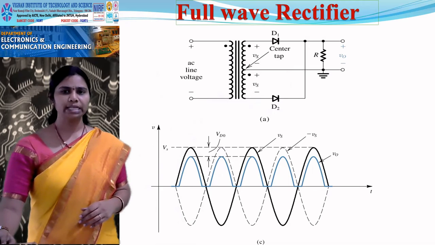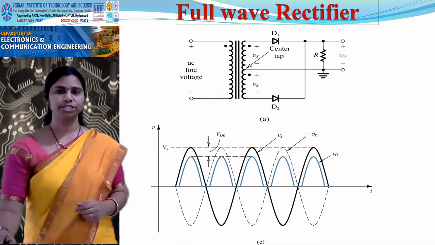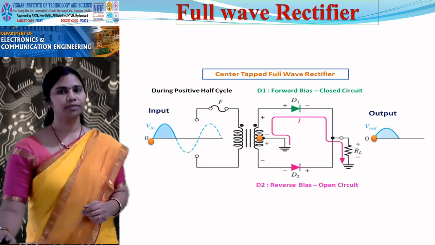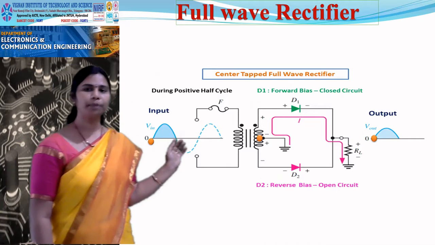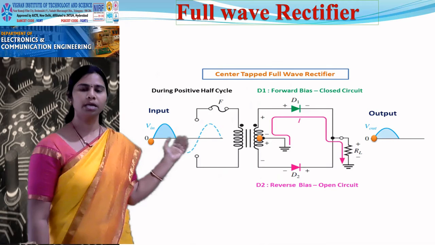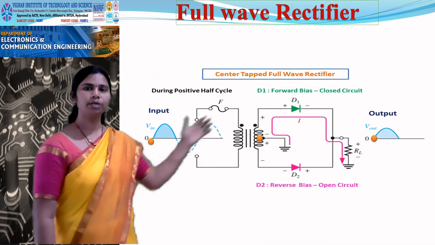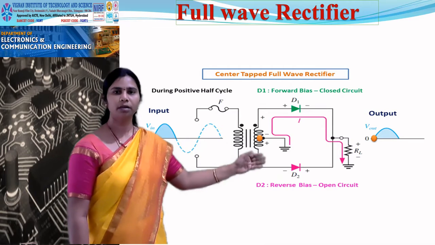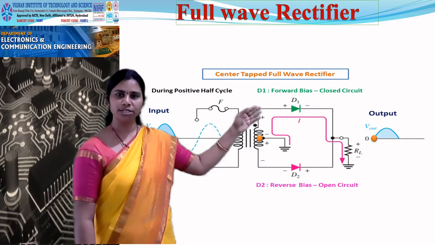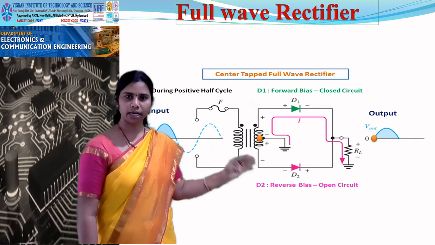So we will go with the same process as we have seen in the half wave rectifier, both for the positive half cycle and for the negative half cycle. So let us consider the positive half cycle. When I have applied a positive half cycle, the center tap transformer primary is applied a positive half cycle. This is given equally to the upper half and lower half of the secondary. Now, this is positive at this node, negative at the center, positive at the center and negative at this.